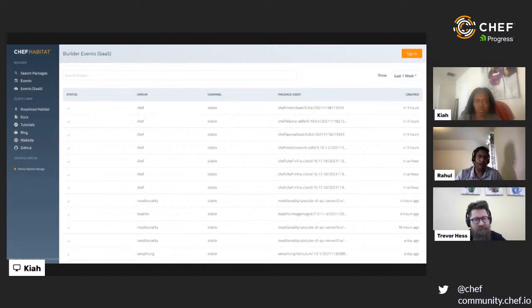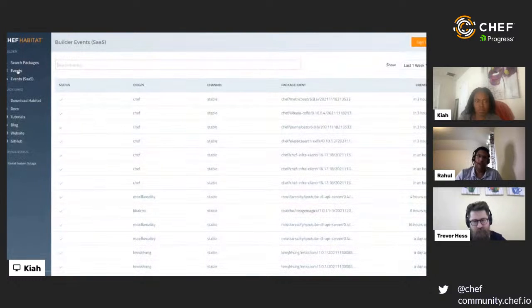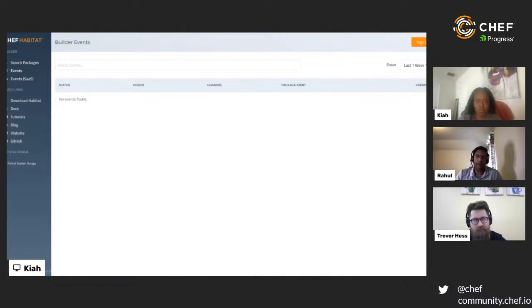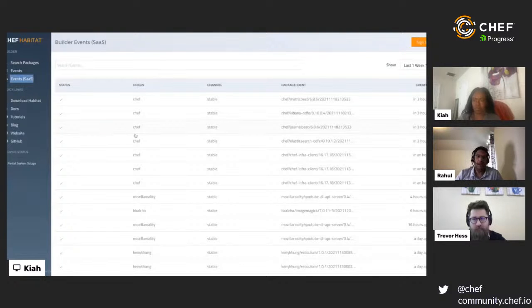One is the events view, which is for our on-prem instance of the builder. So basically, any package related action which is performed on the on-prem instance will show up in that particular view, and then there will be a view for our SaaS instance, which is our software as a service offering of builder, right? So both those views will have their own data points, and as you can see, this basically consists of a number of parameters for each and every action which has been performed, right?